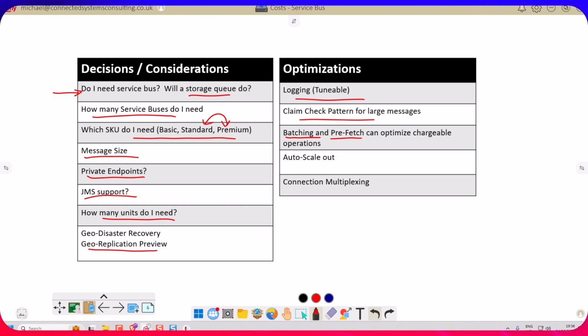Not every application would suit batching very well, but if you can use it, it's a good way to reduce those operations. Likewise, on the receiver side, if you can prefetch multiple messages in a batch and then process them, you're reducing the number of times you go back to Service Bus to pick a message up. So again, you can have a good cost saving there. So batching and prefetch are really pretty easy ways as well. Particularly prefetch, I think, is an easy way to just tune your config settings and reduce some of the load on Service Bus to save you